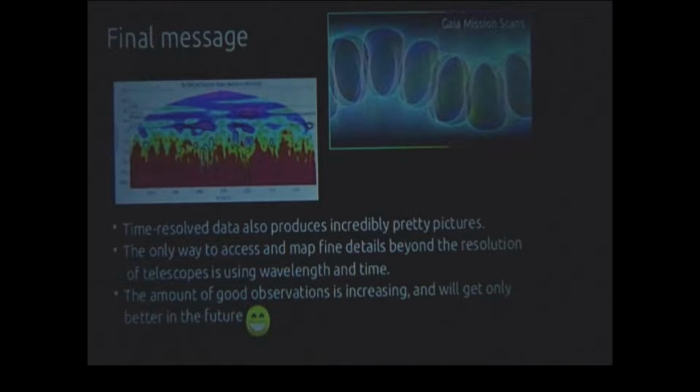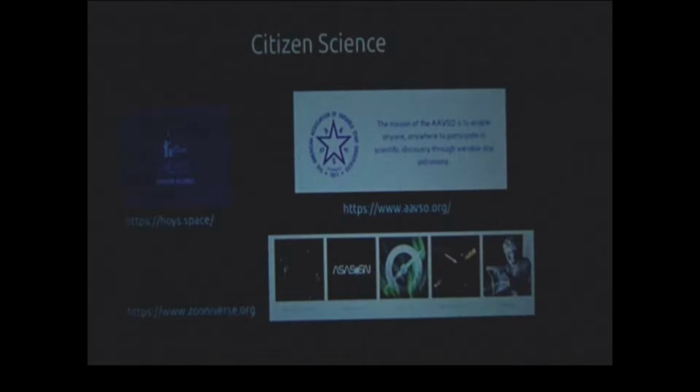So time can give you details of things that are too small to getting an image. And the other important thing is that actually we are gathering a big amount of good observations that is now long enough to study the formation of planets like the Earth and the evolution of the disks at these kind of scales. And this is only getting better, right? Because we keep accumulating very good data. And we can get a lot of details even if our telescopes are not so large,